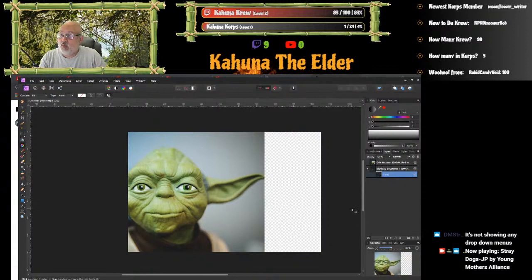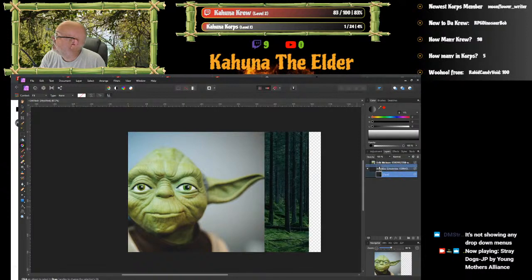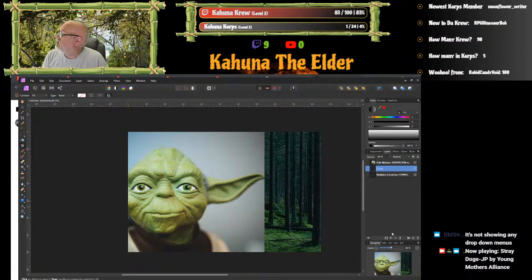Now you see, when I converted that to a mask layer, because it has nothing on it, nothing on a mask layer is black. So it's saying, okay, I don't want to see any of this. Now, if I do this, you see here, it's showing everything straight through. It's not masking anything.